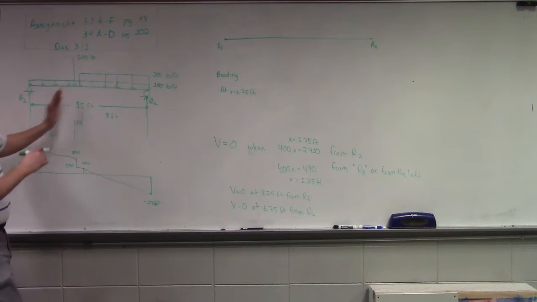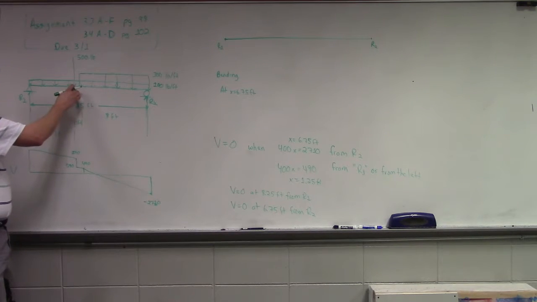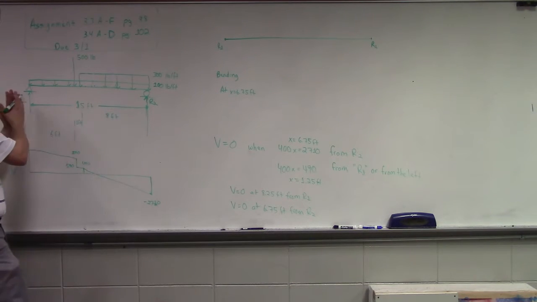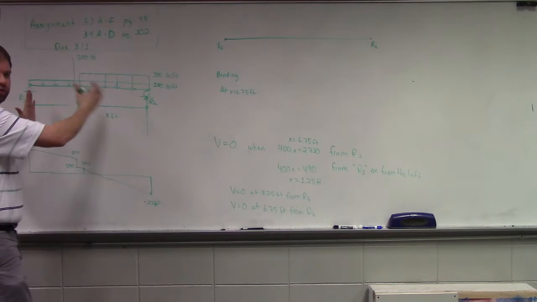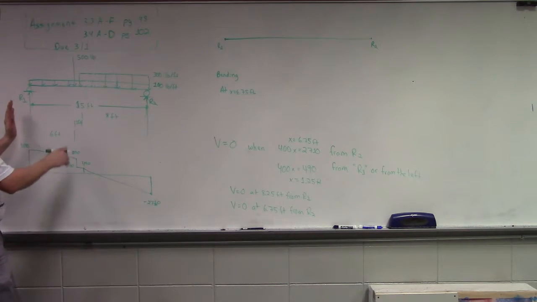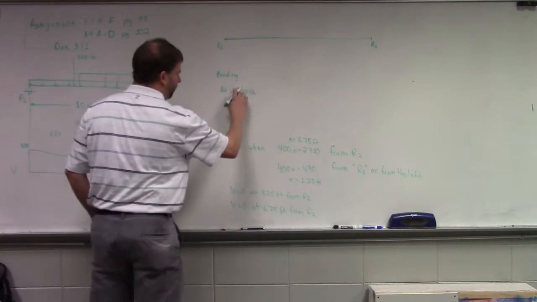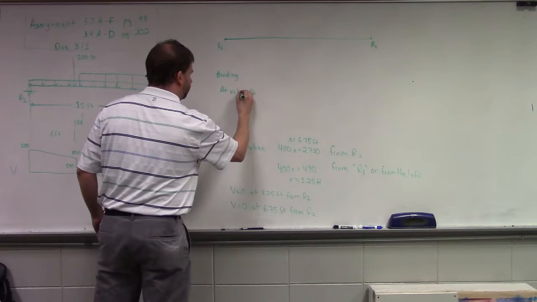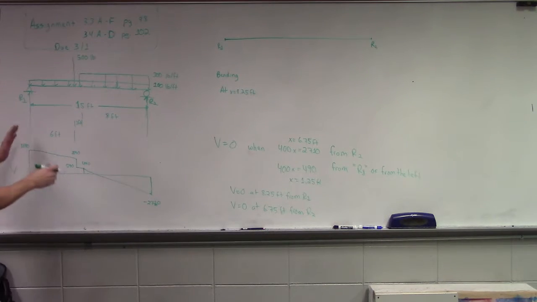Yes, so remember in shear, we have to look at the left and the right-hand side of our point loads. We don't have to do that in bending. We just march along, okay? So at x equals 6.75 feet, so, let's see, no, we should do 8.25 to be consistent, right? Okay, so at 8.25 feet,